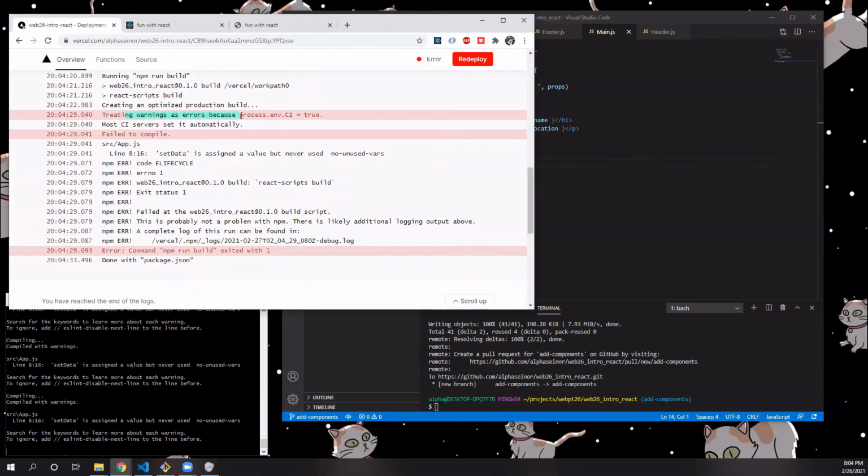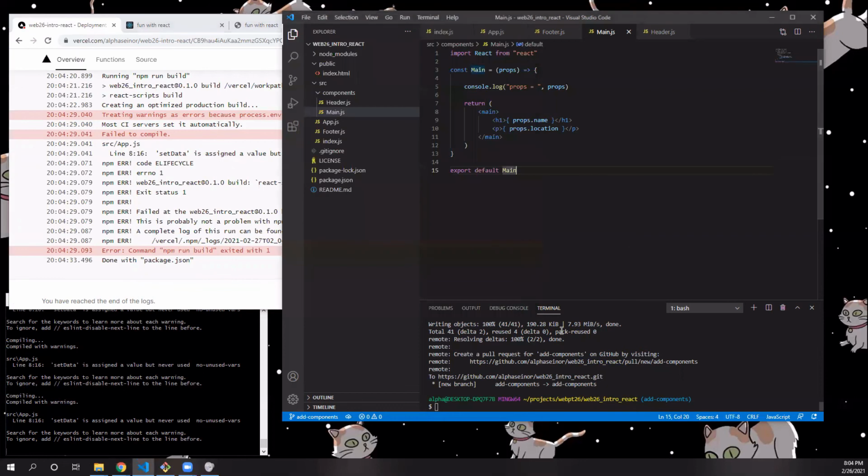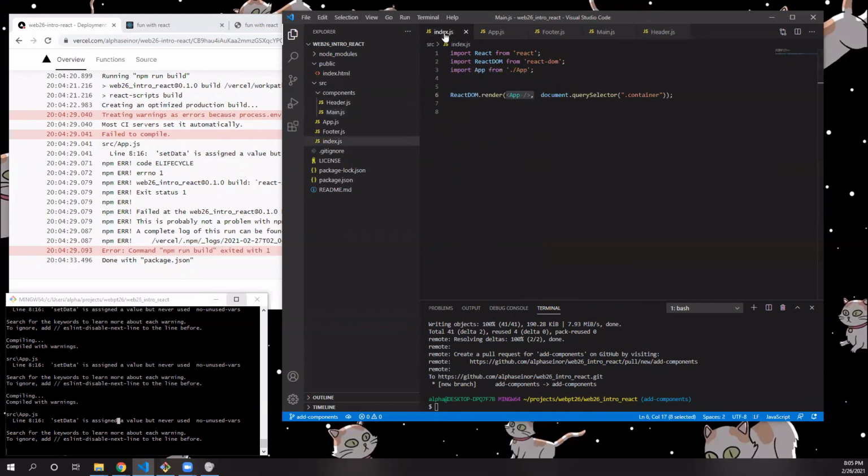See, it says treating warnings as errors because process.env.CI is equal to true. So any of these errors in here, it says setData is assigned a value but never used. So we've actually got to go in and take care of some of these errors, or we need to set